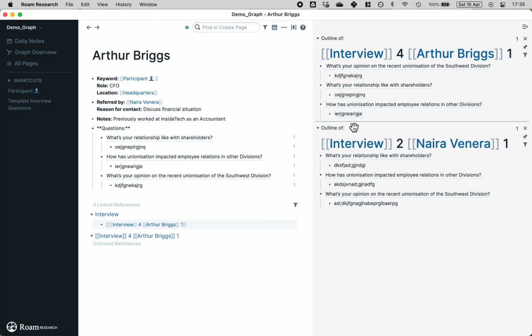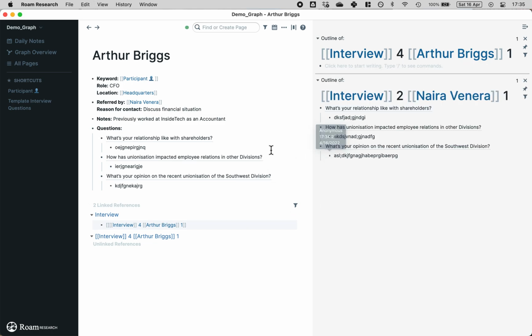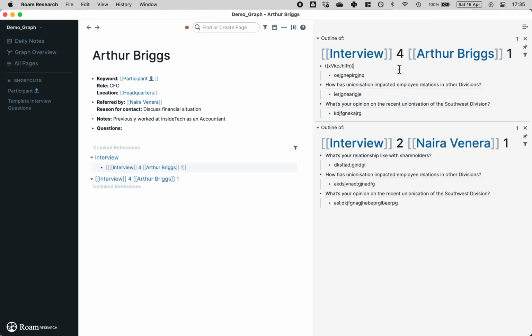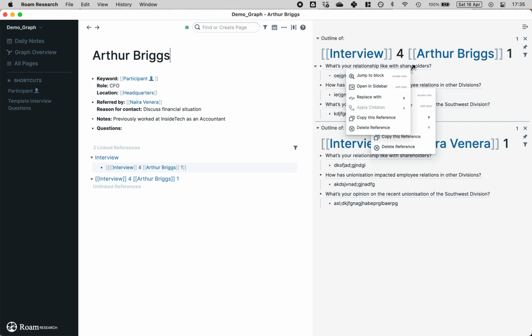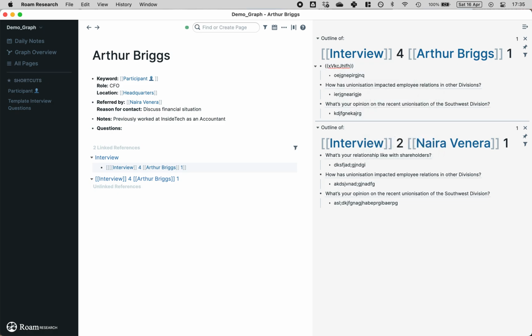As I say, I don't like doing this. The reason being, it gets very complicated. Things get referenced across too many places and I lose track of what's going on, which is why I keep things nice and neat by simply cutting the data from the participant page and adding it to the interview page. Now, what I haven't done here, and anyone who's observant might notice, is I haven't added the template